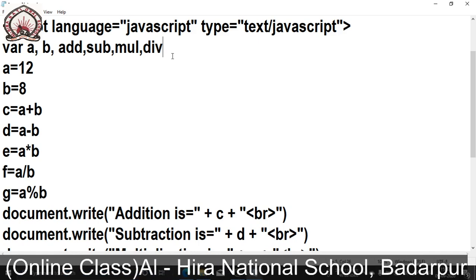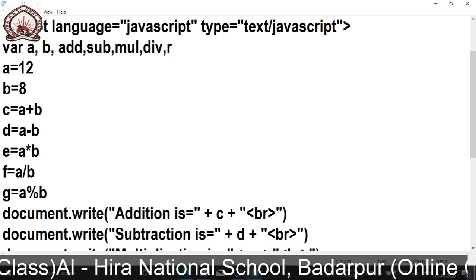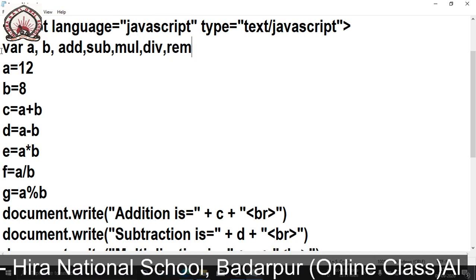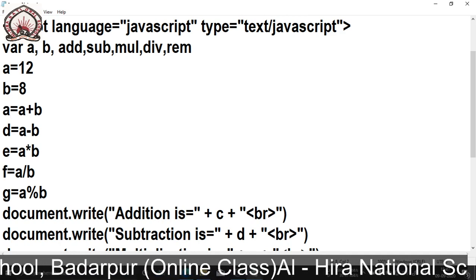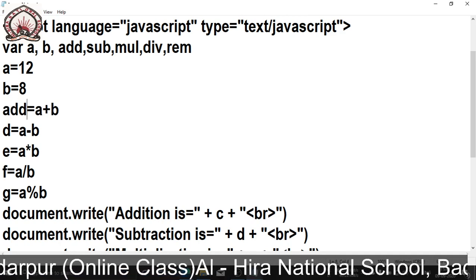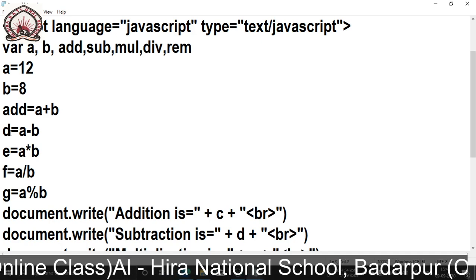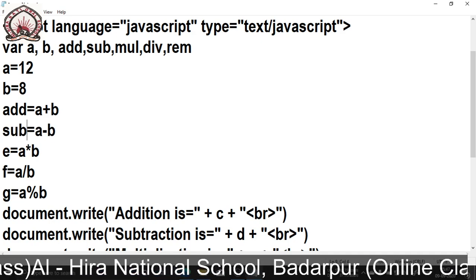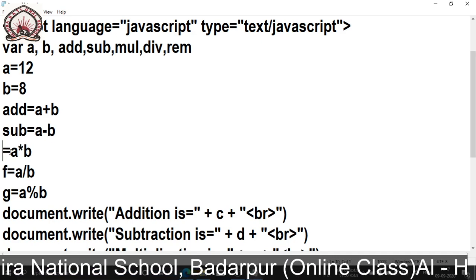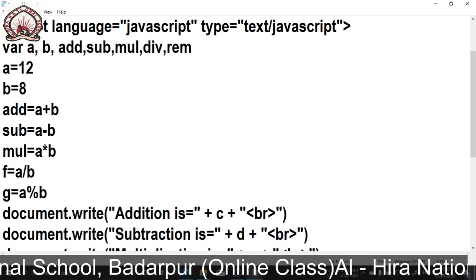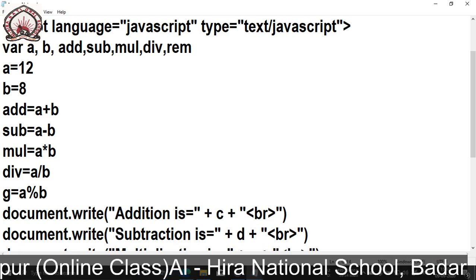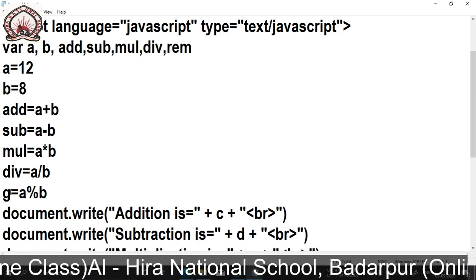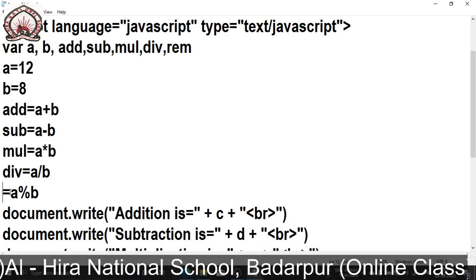And REM means remainder. So I have to change C is equal to ADD, D is equal to SUB, E is MUL, this is divide, DIV, and this is remainder, REM.